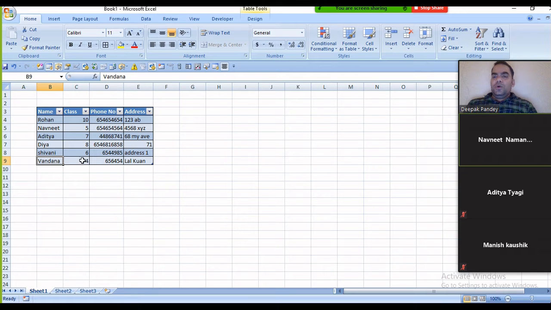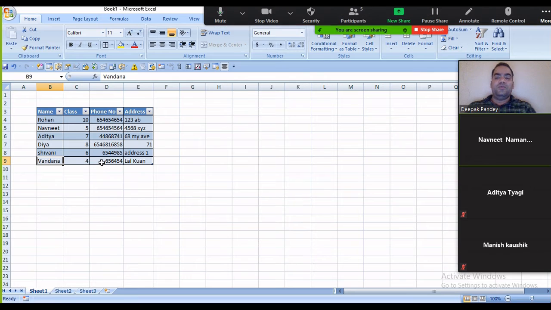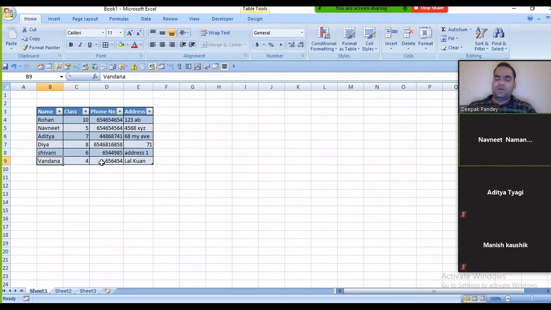I need to know what the phone number for Vandana is. It is very hard to find the phone number by dragging and looking over there. There might be some duplicate records as well. So we use the VLOOKUP formula for that. That is the very convenient way to figure it out.